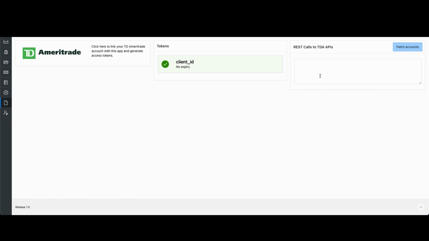On the right hand side of the page, there is a button called Fetch Accounts. When I click on this button, the application tells me that it did not fetch my accounts. It tells me that this is because I do not have any valid access tokens. If I had valid access tokens, it would have appeared in the tokens region. Since there are no tokens here, expired or otherwise, it means that I have not linked my app to my